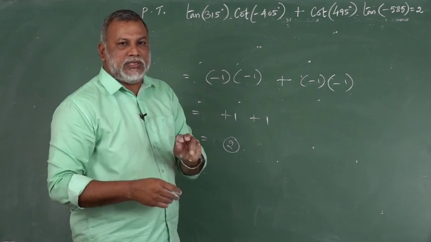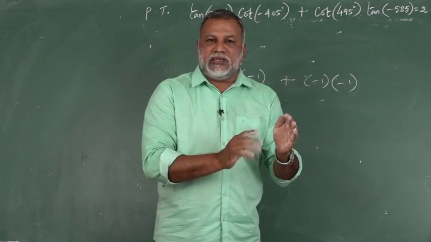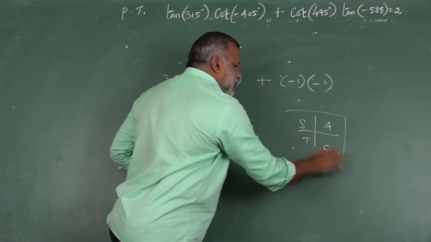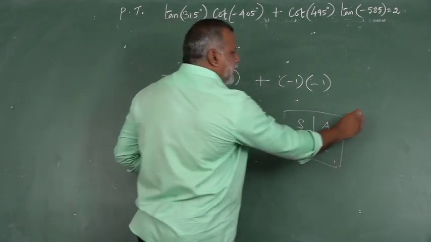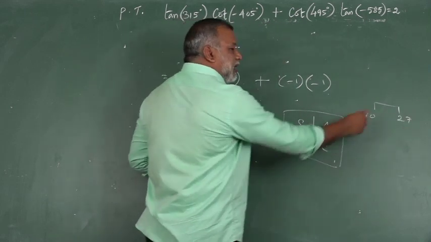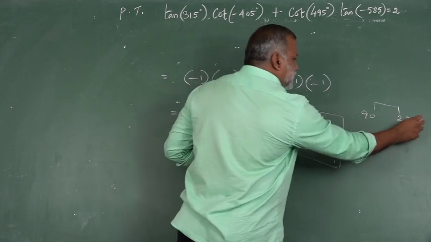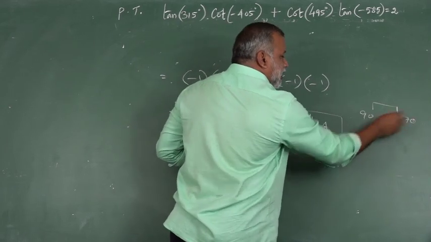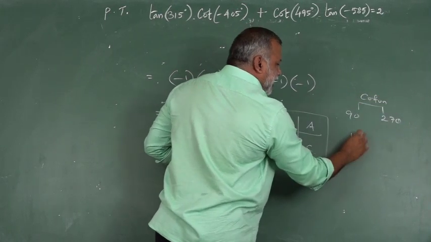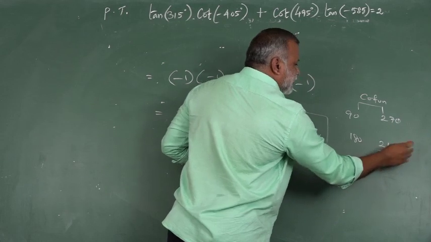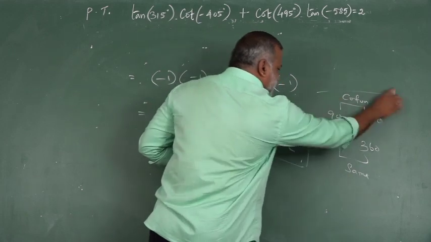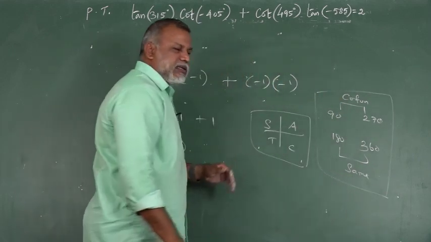In this type of questions, you have two important things. One idea is the ASTC idea. Another one is to think about 927, which will produce an odd number, that is 270. That means think about 270. It is an odd number. This odd number means apply the cofunction. Then 1836. These two are even numbers. Apply the same functions. Follow these ideas, you will get the result.